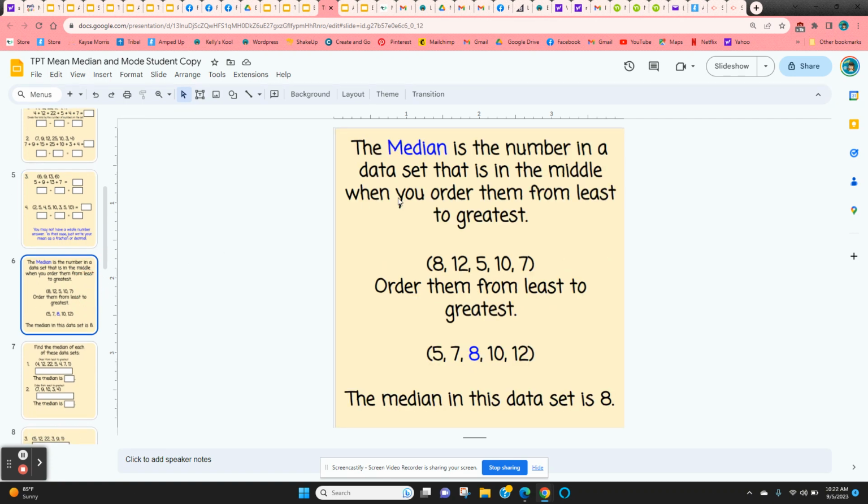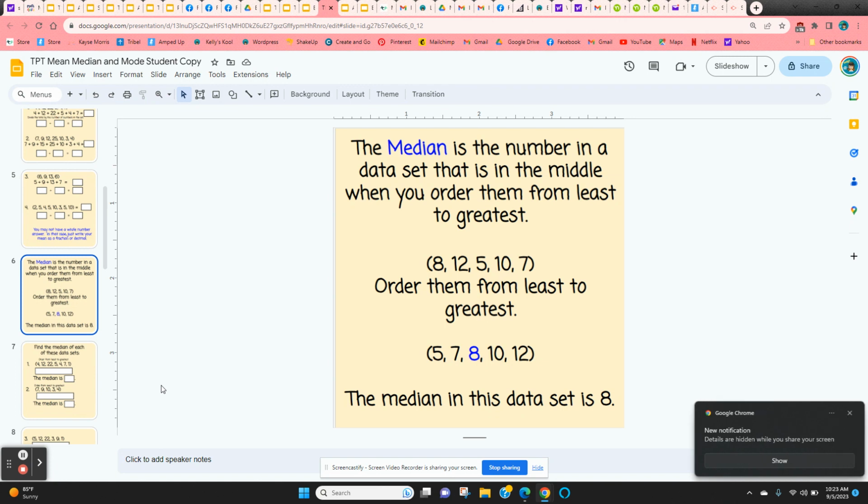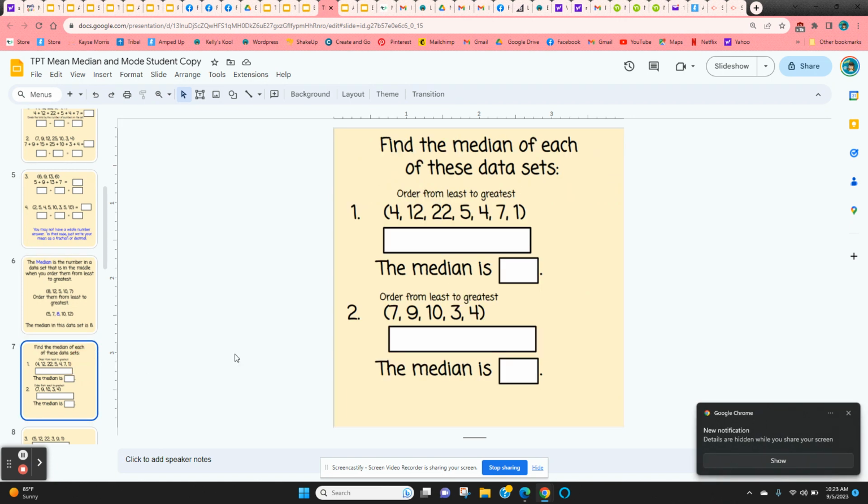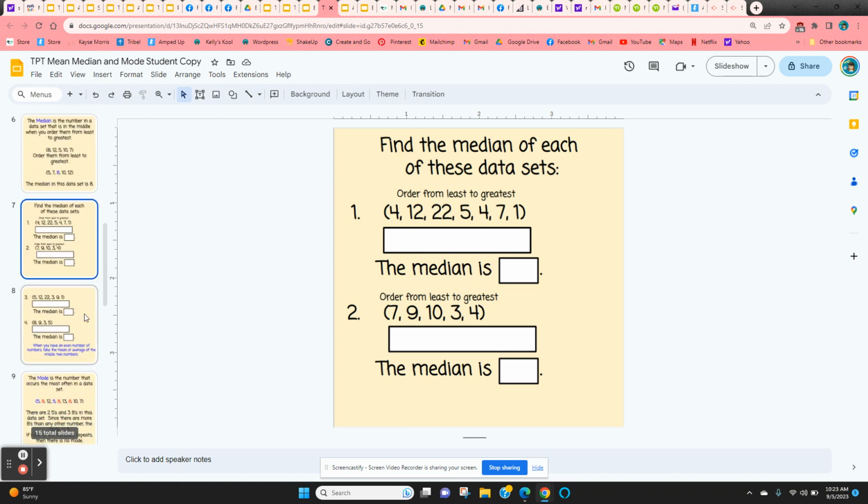Then we move on to median. So median is the number in the middle when you order the numbers from least to greatest. So here we have a data set. When we put them in order from least to greatest, the number right in the middle is 8. So our median is 8. So they've got a couple to do. And then when they get to slide 8,